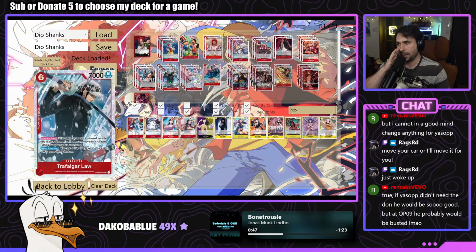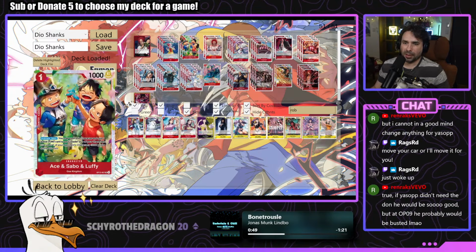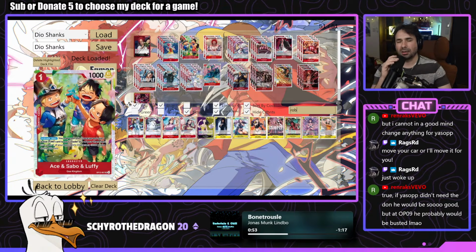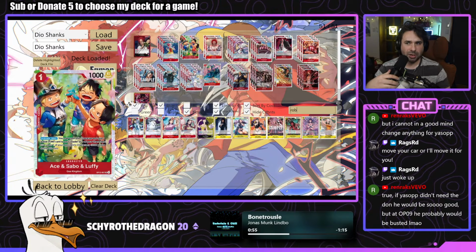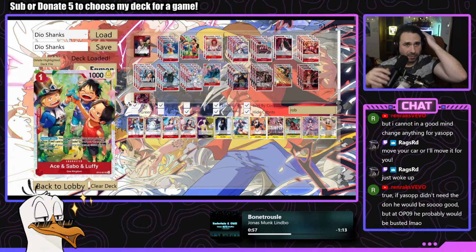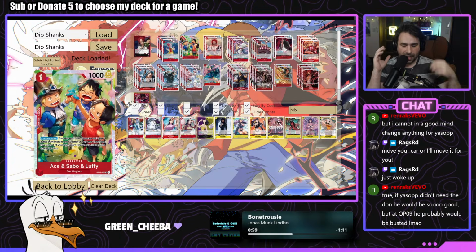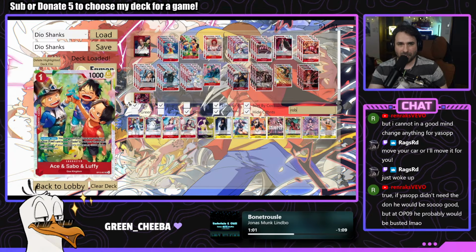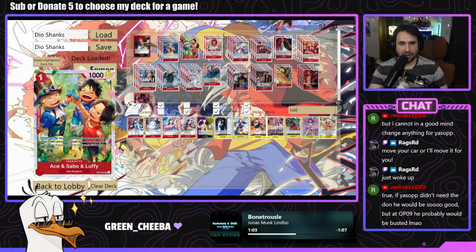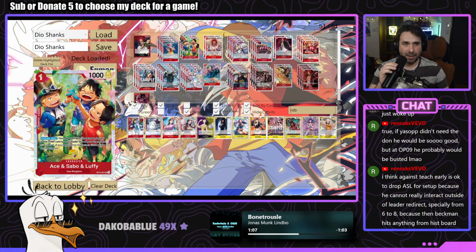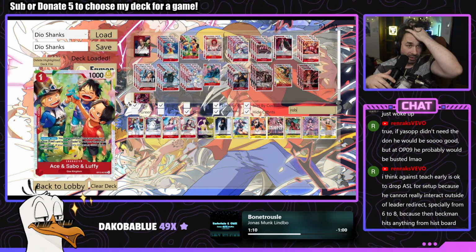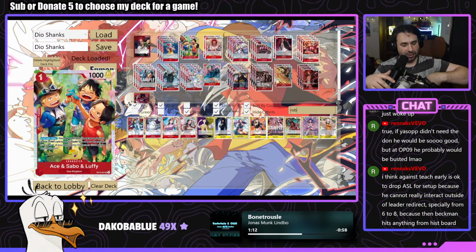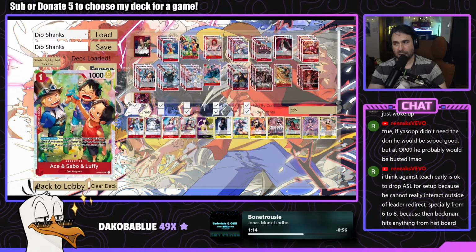And Law is so sticky, because sometimes people are like, oh, I'll just play the Ace Saba Luffy on board. And I think I watched live. There was a stream live we watched, and it was actually Shanks versus Rushinante. And he was like top 32 or something like that. And he ended up putting the Ace Saba Luffy on the board, and then the opponent just Mamata gunned it and attacked into it. And I think that Shanks ended up losing the game by 2k counter. So if he just didn't do that, he would have won the game. And so in that situation, Law would have been better, or just not even using Ace Saba Luffy